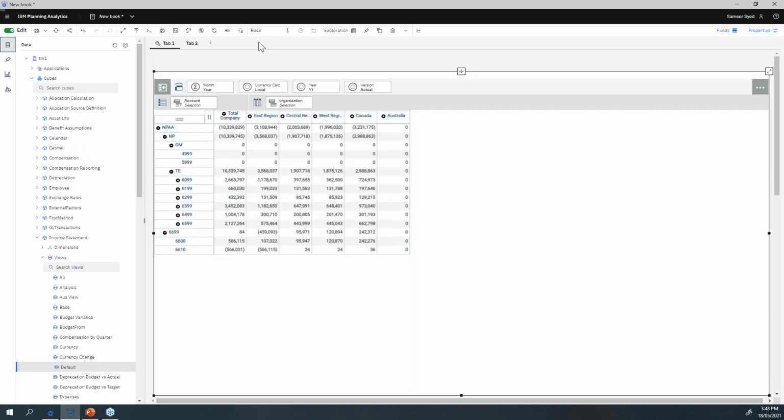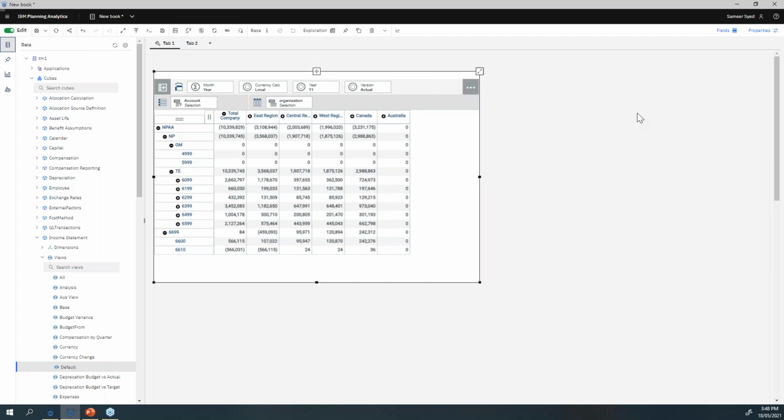Right. So what IBM has done is it has grouped this into 2 buckets. One is called the book tools. So the book tool starts from here and it finishes right here. So that goes for the book. So anything I do here, if your book has got many widgets, it will apply for all those widgets. For example, if I refresh, it will refresh not only this, but it will refresh all the objects.